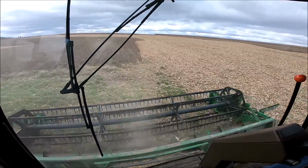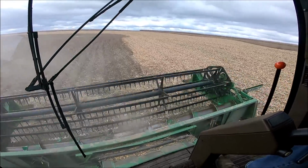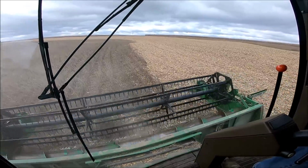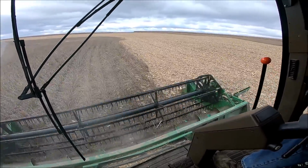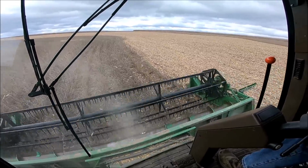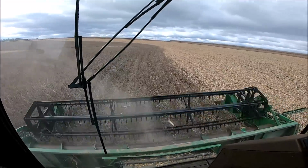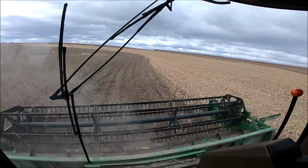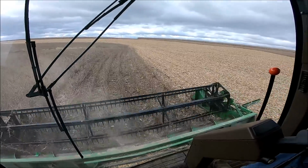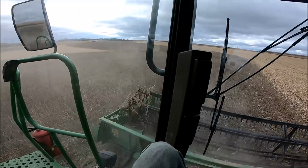So the combine is running better than what it did the last year or two. The grain loss monitor now works. That's pretty important this year because it's really affecting the speed that we're running with the combine. It's handling the soybeans just fine, but for the corn, and I know somebody's going to say this, that we need a bigger combine. I already know, bud. I promise you that. I do know that our capacity needs to be upped a little bit, but